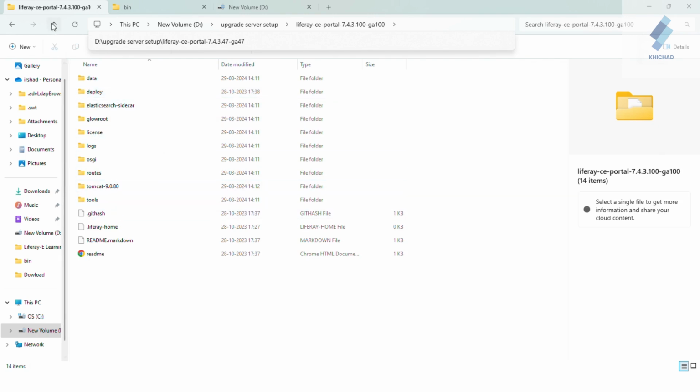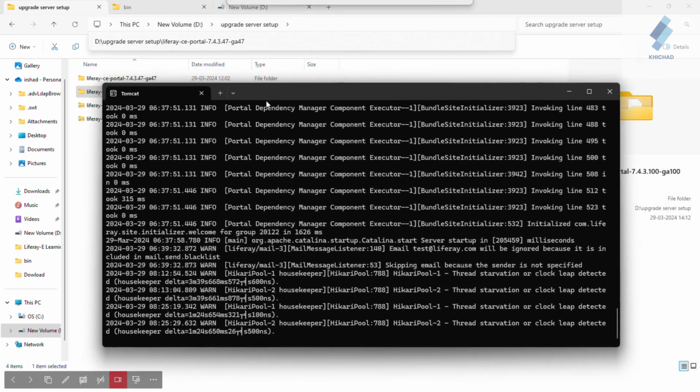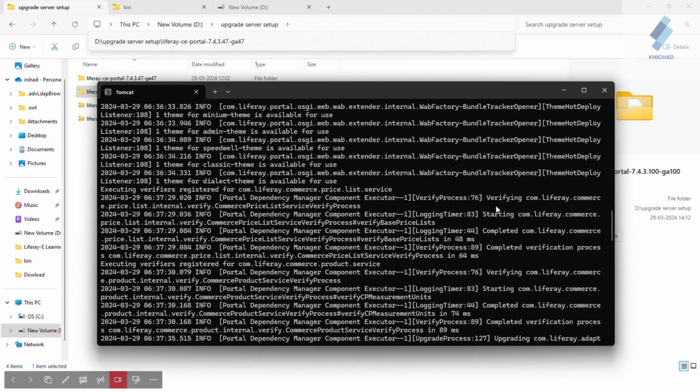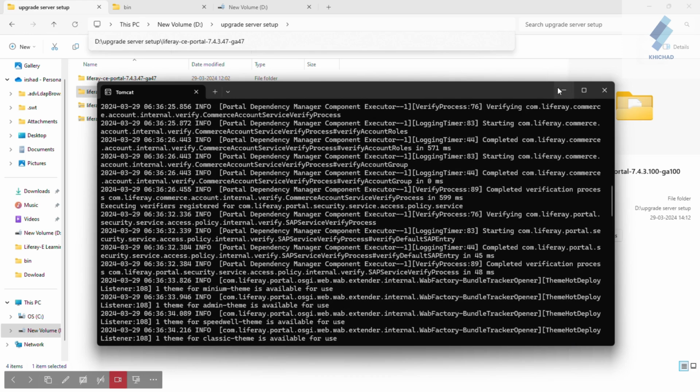You can see it now. We need to verify whether your server is running or not. My older Liferay server is running. First we need to verify your Liferay version from the control panel.